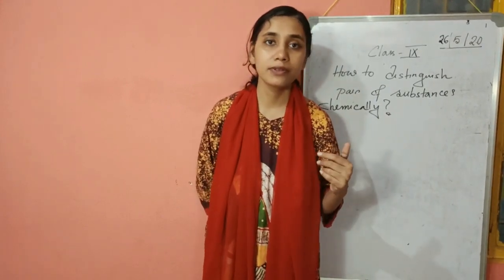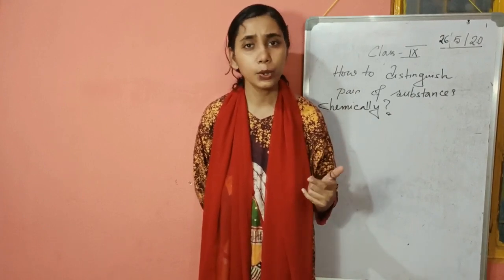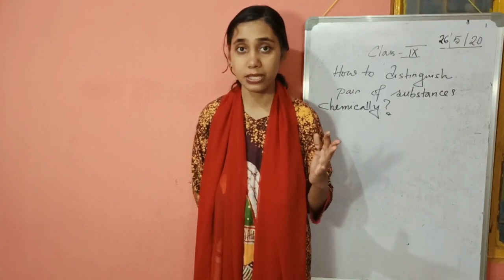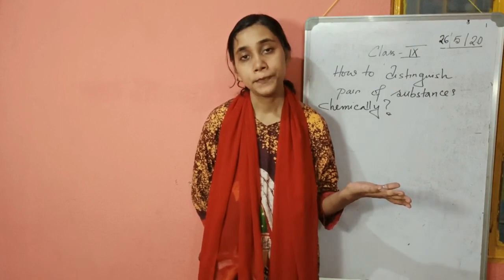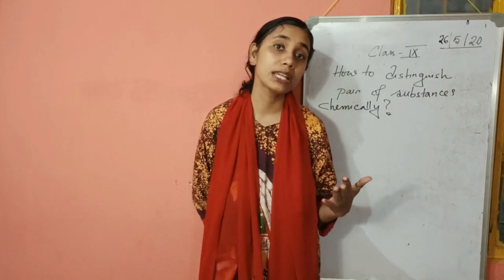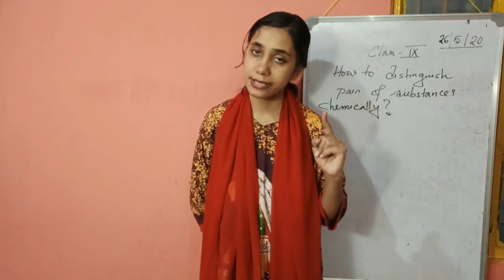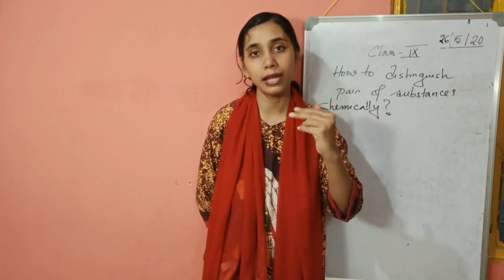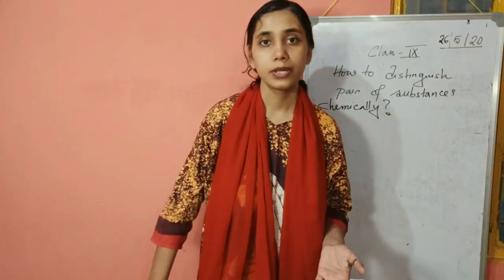I always suggest that when you have a pair of sulfate and chloride, try to avoid silver nitrate, because silver sulfate sometimes forms a hazy solution. So in that case it is better to use barium chloride. When you have a pair of chloride and nitrate, try to use silver nitrate. Now I am not writing all these things on the board. It is your duty to pause the video and write these points, because they will help you while solving the distinguishing type of chemical problems.